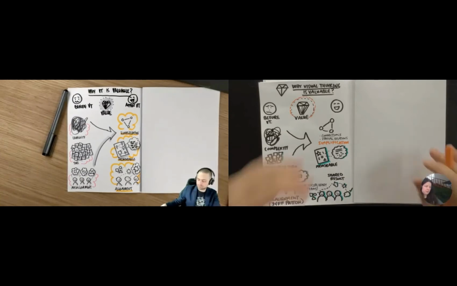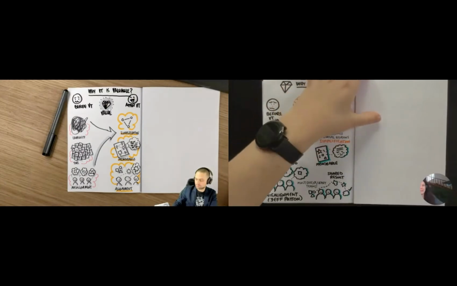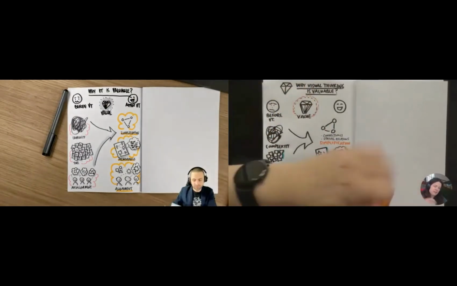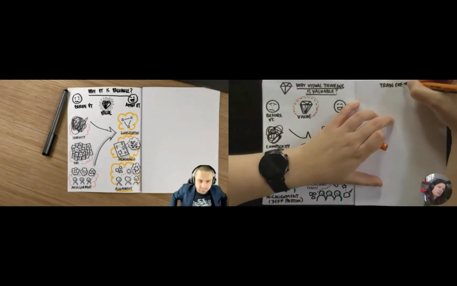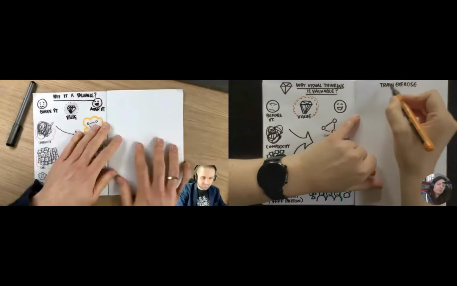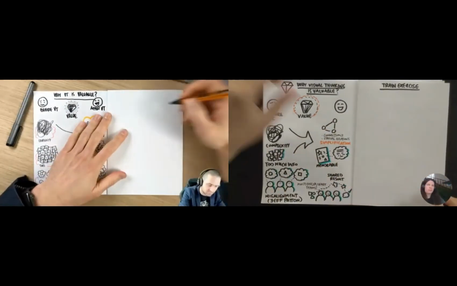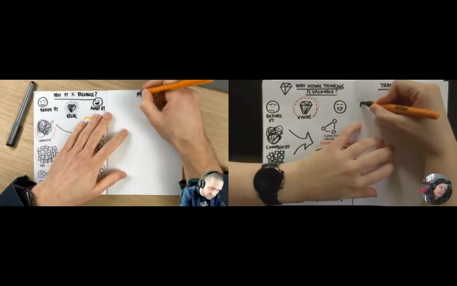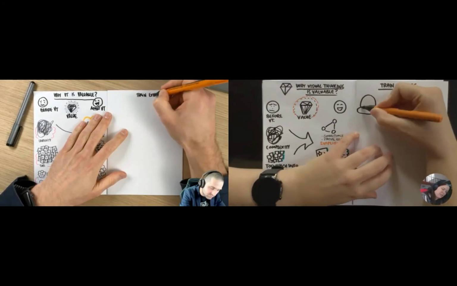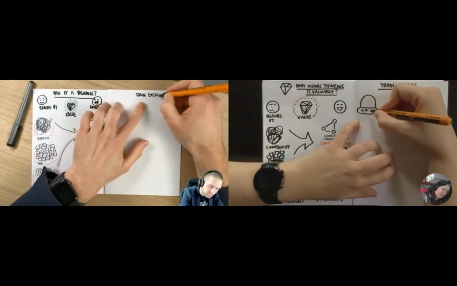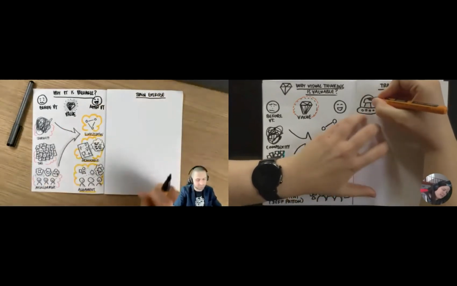Okay, and now I think it's time for the little train exercise, right? Yep. So I just write it down here. Train exercise. Okay, and let's say that a friendly alien from outer space just lands on Earth. And by the way, it's already a beginning of a great story. So here is our friendly alien,